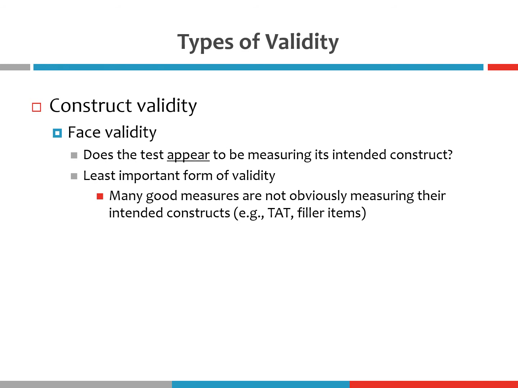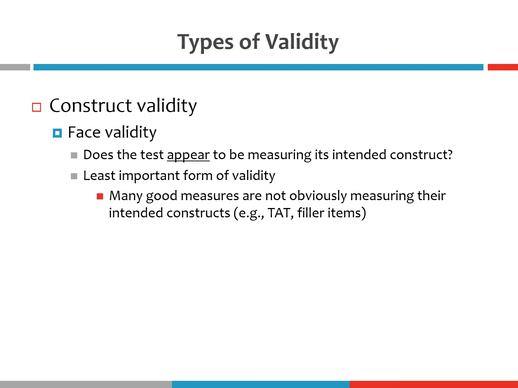So the particular type of construct validity that we just attempted to use by simply looking at the test and trying to see what it's measuring is called face validity, right? Essentially, what we're asking with this type of construct validity is, does the test appear to measure what it's intending to measure? And as you could see from our previous examples, this is much more difficult to do than you would think, particularly for psychological constructs.